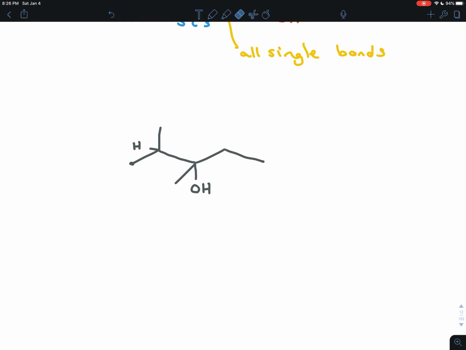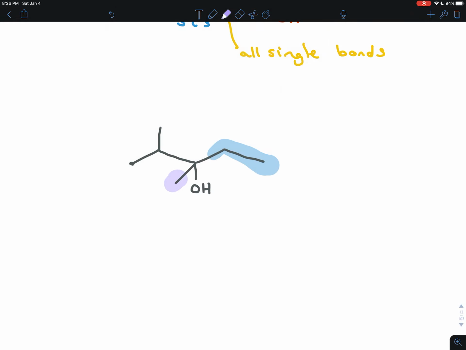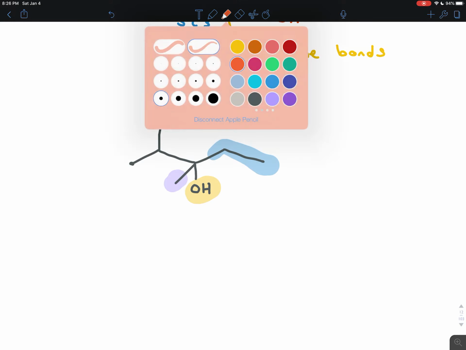And so that is also not chiral. So the only carbon that could possibly be chiral is that one there. And you'll notice that that is bonded to 4 different groups. It's bonded to an ethyl group, it's bonded to a methyl group, it's bonded to an OH, and it's bonded